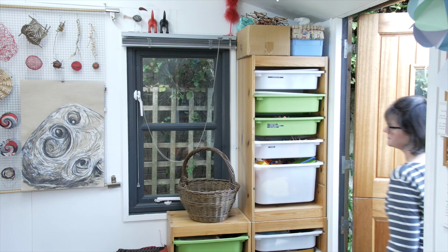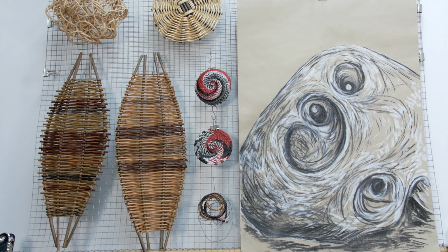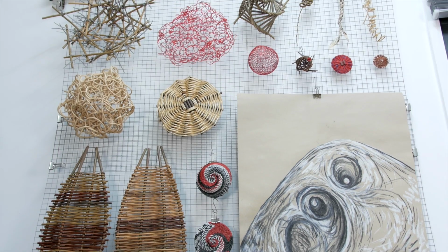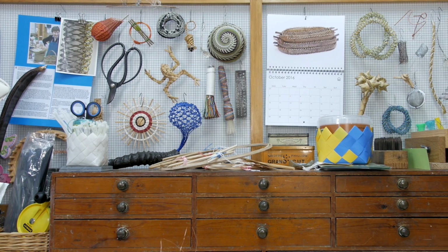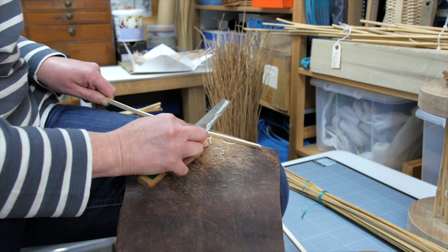So this is my workshop. This is where I come to be creative and feel inspired, and around me I've got lots of things that I find pleasing to look at. They give me some inspiration. Having the opportunity to look at the shell basket and research it, make drawings, take photographs, has given me a great opportunity to revisit some of my